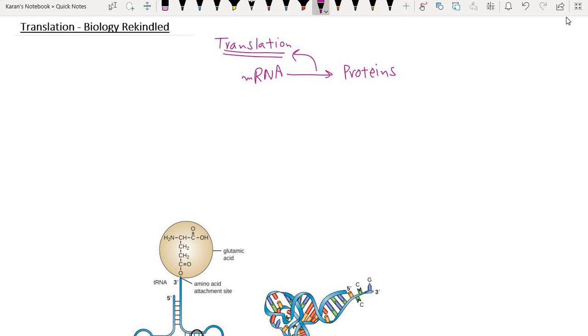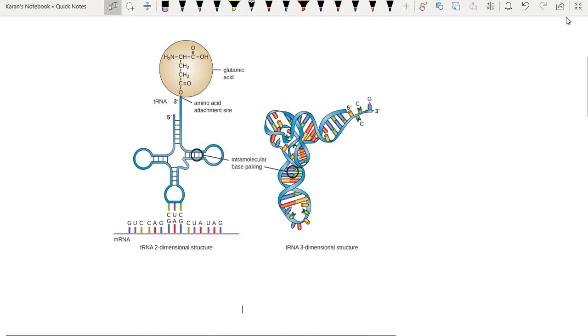So let us see. First of all, we need to discuss the structure of tRNA. tRNA is very important, known as transfer RNA. It helps in transferring the amino acid basically. So here we'll see the structure of tRNA. This whole is the structure of tRNA, you can see, right? Now tRNA basically decodes the mRNA sequence. So the function is decoding mRNA sequence.